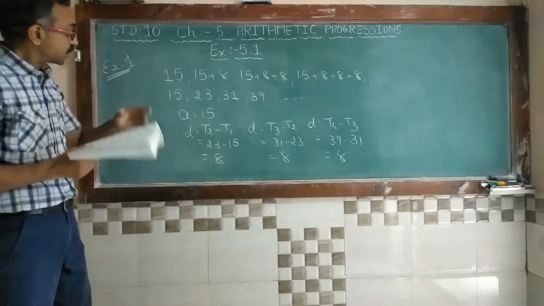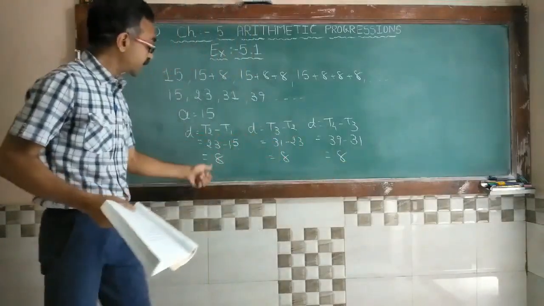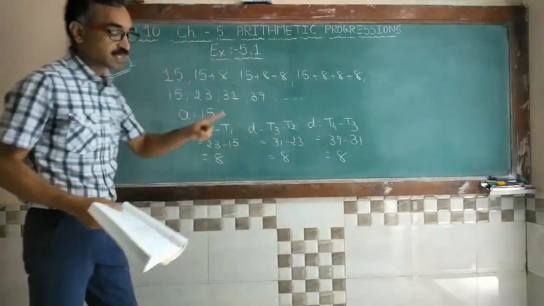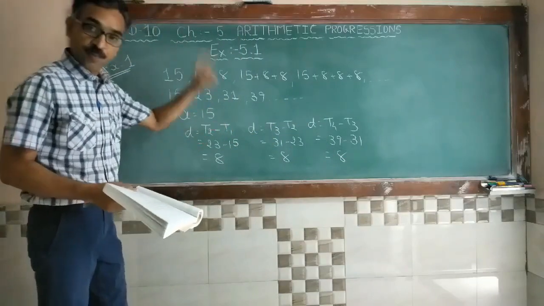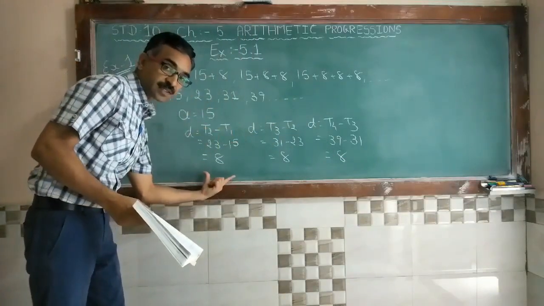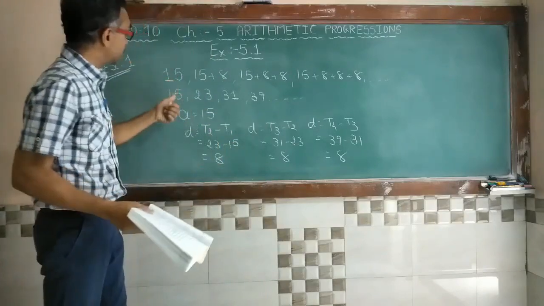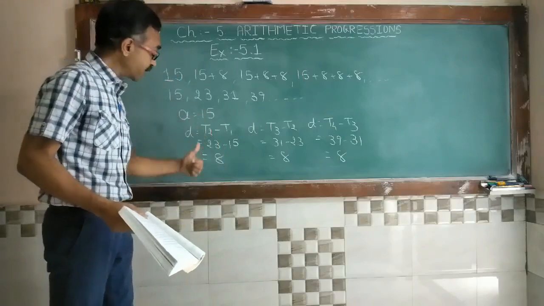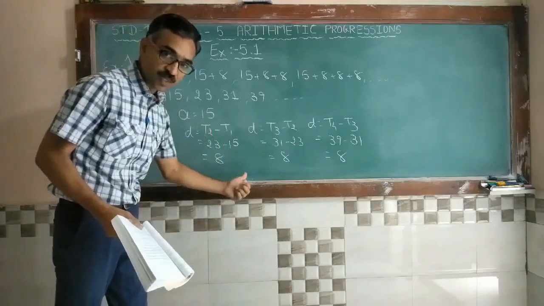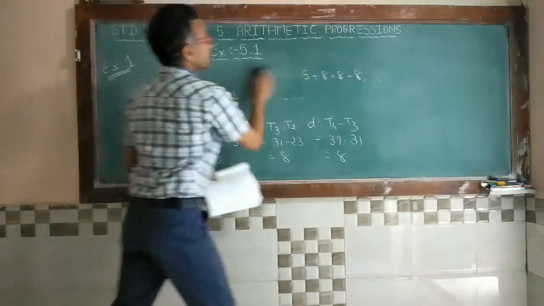So see here, the common difference is every time the same, that is 8, 8, 8. That means it is an arithmetic progression. So in the answer you have to write, yes, the given sequence makes an AP which has first term A equal to 15 and common difference D equal to 8. Okay. Now your second example,